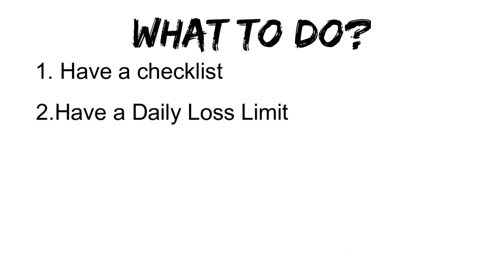Now, when I say in a row, it doesn't have to be in a row. Let's say that my loss limit is $400, okay? My first trade is a loser, my second trade a winner, my third trade a loser, my fourth trade a winner, and then all of a sudden I get a loser, a winner, and next thing you know, I get two or 3 losers in a row. The losers don't have to be back to back. I could be going back and forth, and next thing you know, I'm down $400. So if $400 is my daily loss limit, I'm gonna stop for the day.